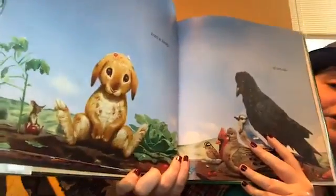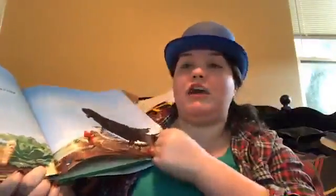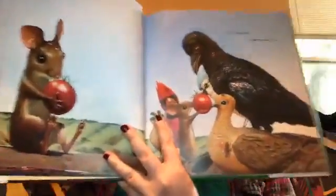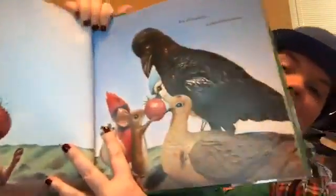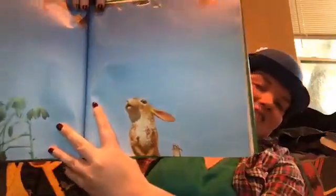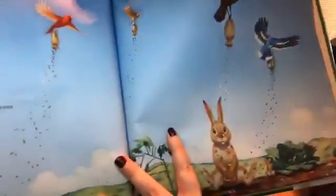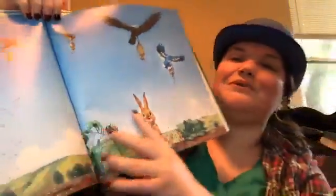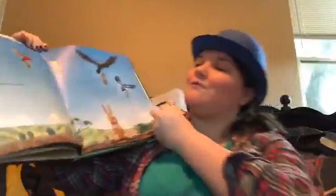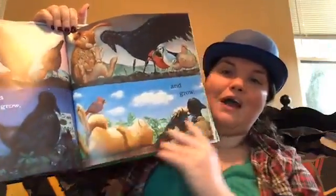What happened to all the vegetables, guys? In the fight, we threw them around. We didn't share. But if you plant a seed of kindness, like the mouse is doing, in no time at all, oh, what are the birds doing? They're sharing seeds. Do you guys see? Oh, that's beautiful. In no time at all, the fruits of kindness will grow and grow and grow